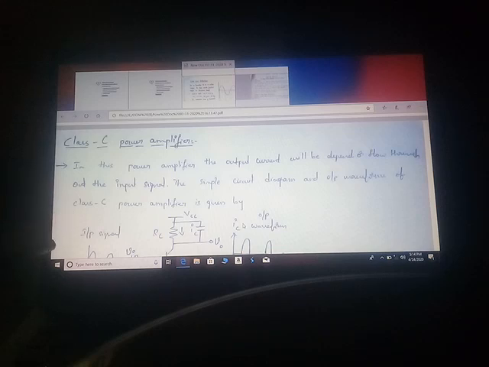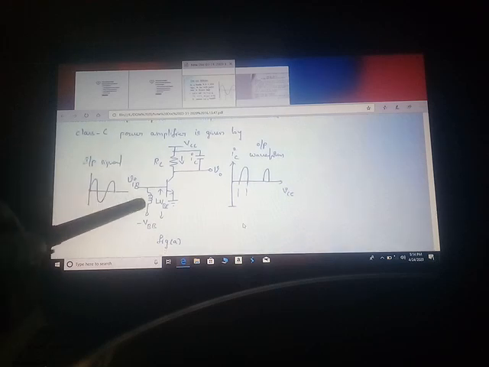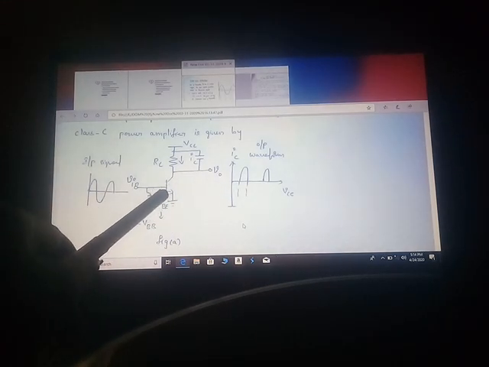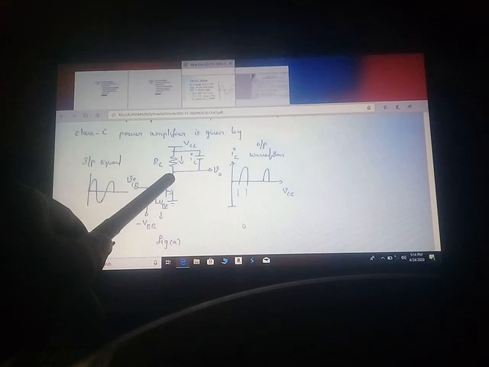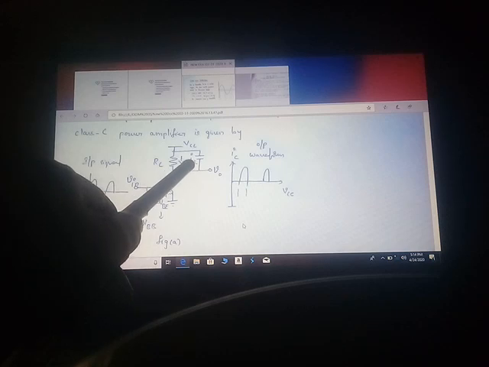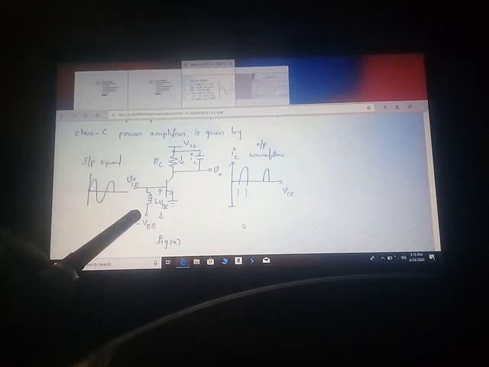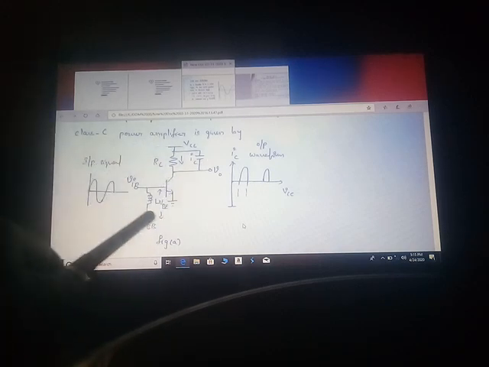And when you are going for the circuit diagram, the simple circuit diagram of your Class C power amplifier is given in this manner. So before going to the input signal and how you can generate the output signal, see here we are taking the NPN transistor and at the collector terminal we are connecting the collector resistor and VCC voltage, and we are not taking the RE resistor, that is the stability resistor. Simply we are taking the inductor L. So this is the simple design of your circuit.